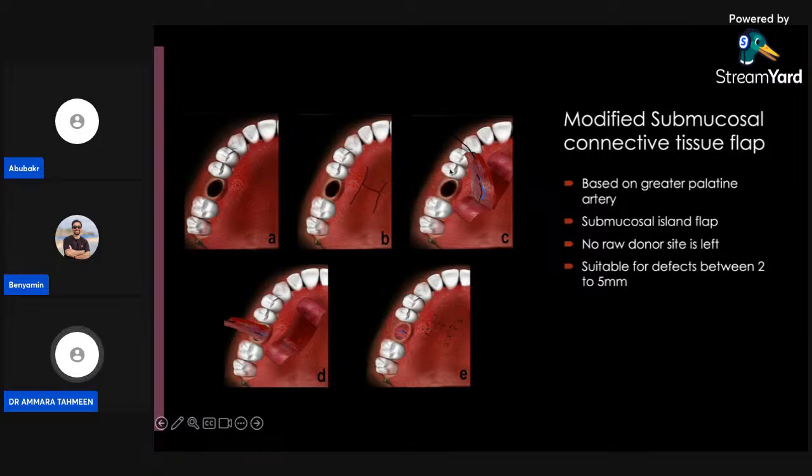So here technical expertise is required, so as to know the correct plane where you are placing the incision, so that when you reflect the flap, a thin connective tissue layer should be left. If you give the deep incision till the bone, then you cannot obtain this connective tissue flap. So this requires very much finesse and technical expertise. Once you reflect these two flaps, then you release the connective tissue based on the greater palatine artery.